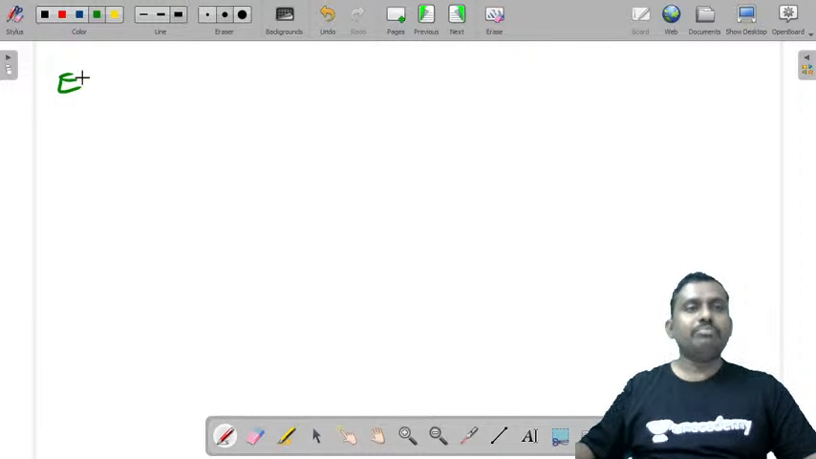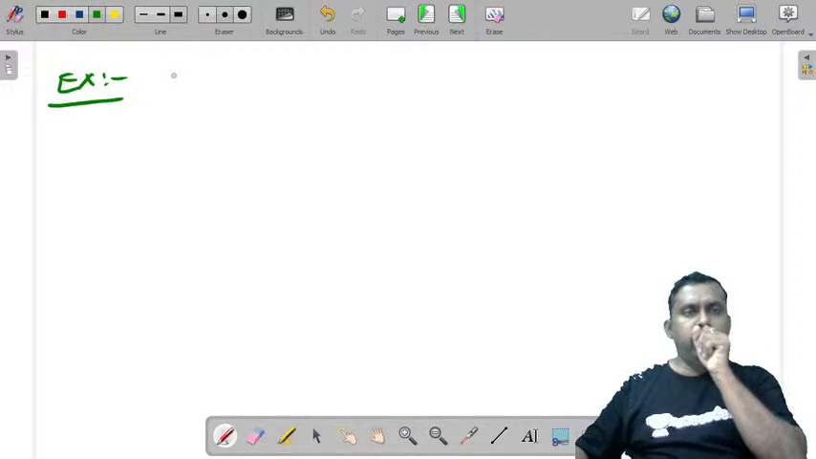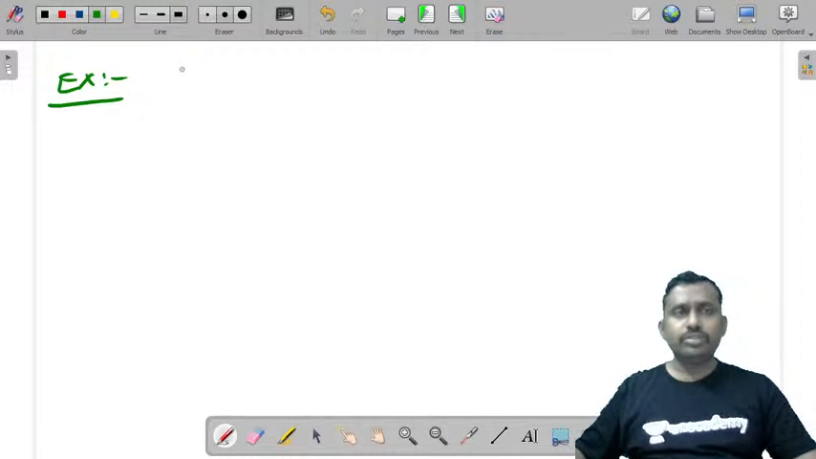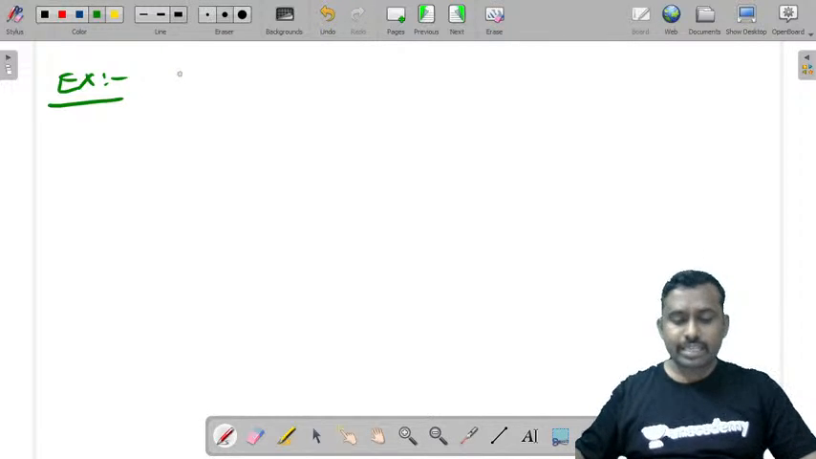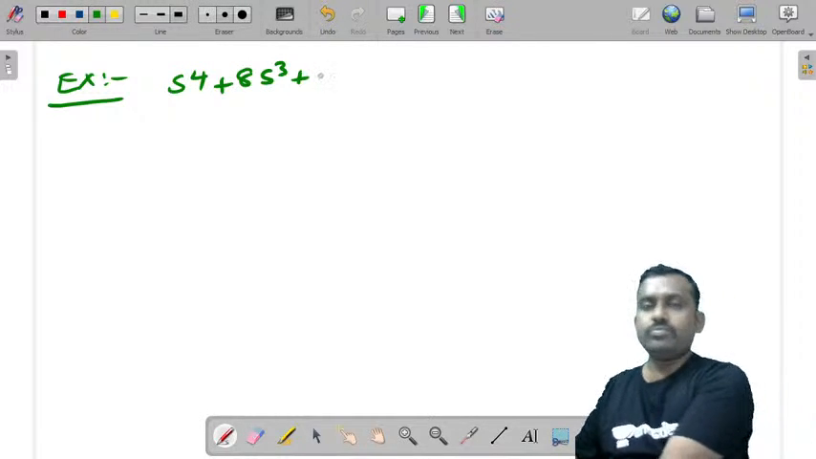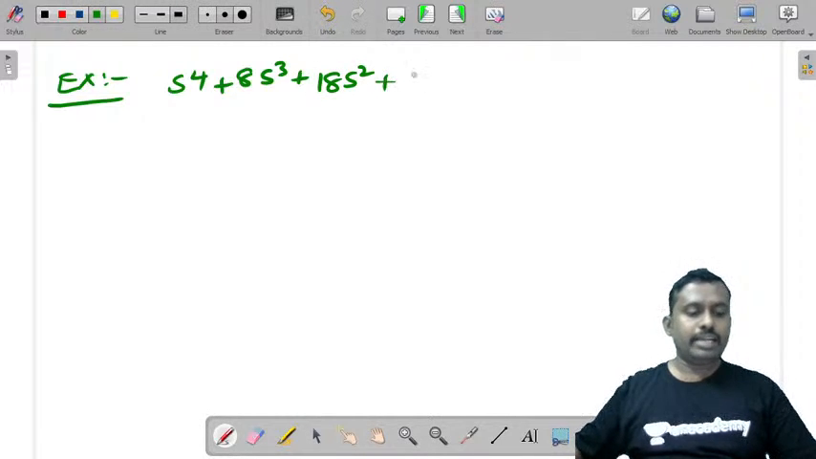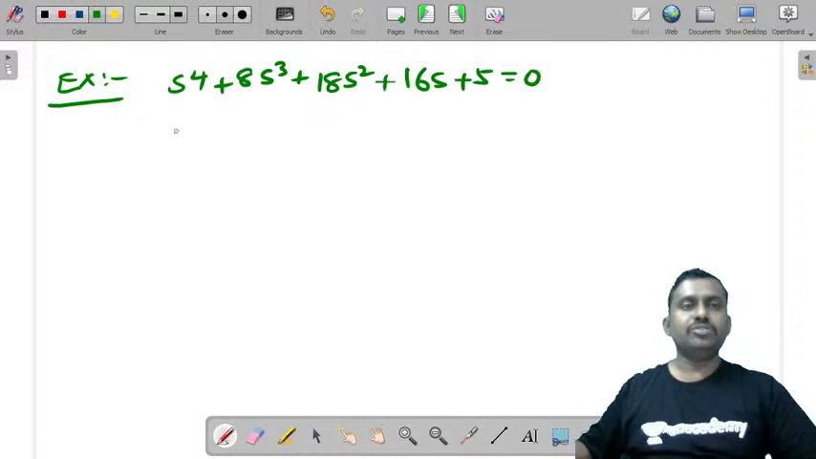Let us take an example first. I'll take one example from Nagurkani textbook: s power 4 plus 8 s cube plus 18 s square plus 16s plus 5 is equal to 0, and we are asked to